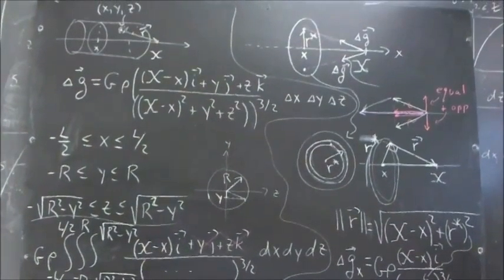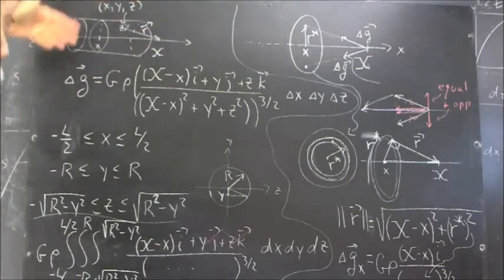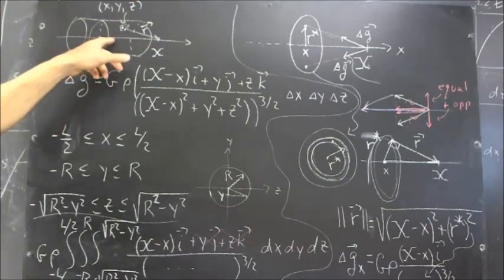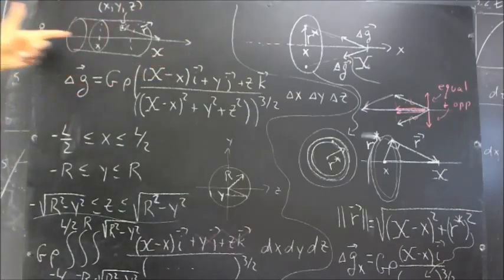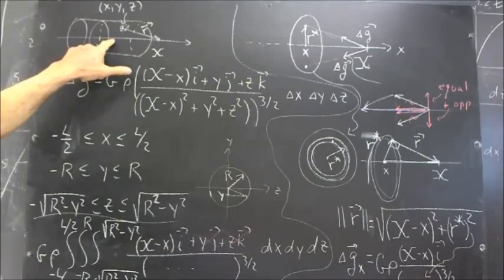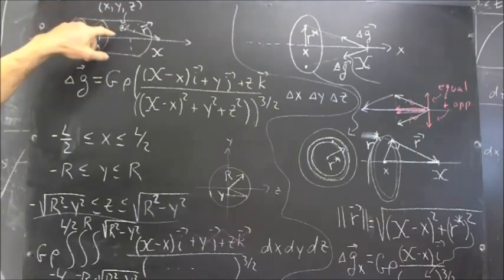Okay, now, again, to summarize, we have this cylinder. I haven't written the dimensions, but it's centered. The x-axis is through the central axis of the cylinder, and the origin is right in the middle of the cylinder. And if XYZ is a point anywhere within the cylinder,